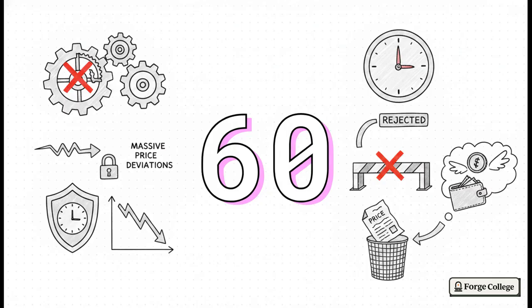For instance, our webhook handler implements a very strict 60-second freshness check. If an incoming update is older than 60 seconds, it's immediately rejected, because in the ultra-fast-paced world of crypto, a minute is a literal lifetime. This simple check ensures we never accidentally process ancient, replayed prices that could trigger terrible arbitrage opportunities or even false